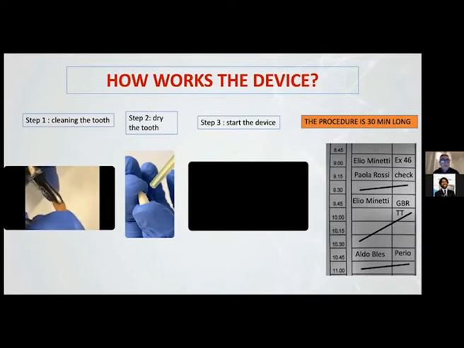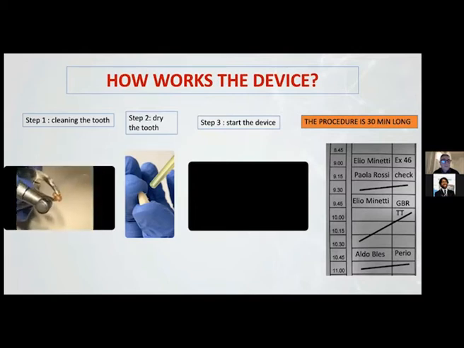And another reason why we cut the roots is to be able to clean the endodontic material. So we cut, and after we use a clamp to stabilize the tooth, and to clean inside with a bur. In this way.